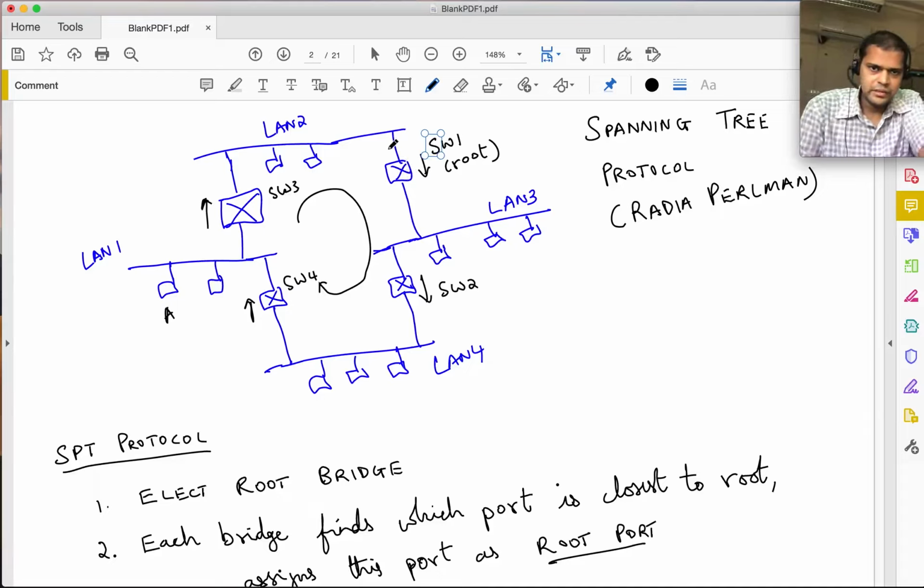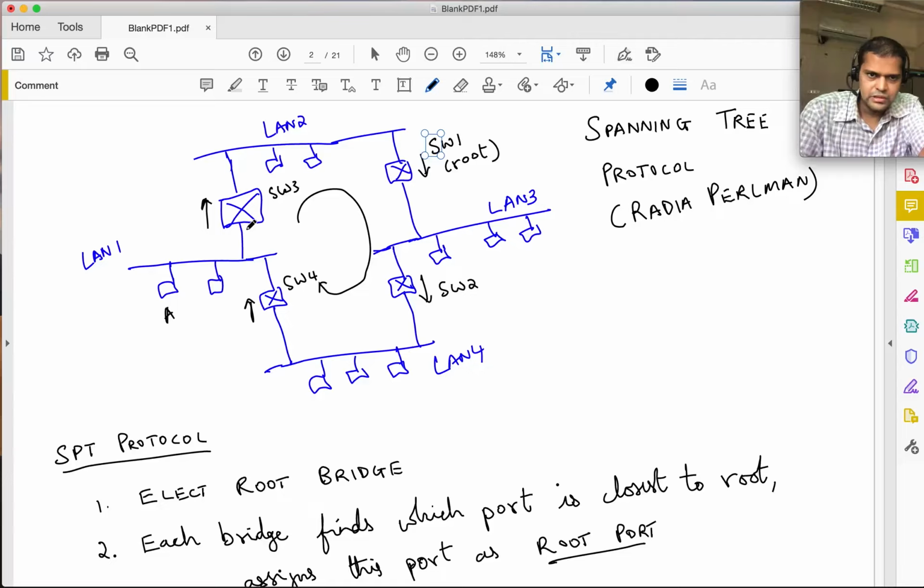To simplify things, let's put the cost, the distance between them, as just 1 if it is a neighbor and 2 if it is a neighbor of a neighbor, and so on. Of course the protocol can generalize that, but let's say that this is of distance 1 from here,